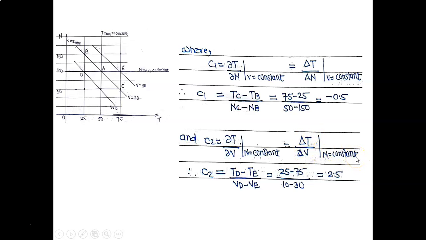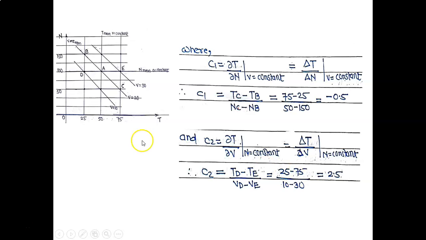Now what is the constant value of n? Constant value of n is nothing but this 100, line DE. Therefore this horizontal line is there, line DE. Along this line we will find out difference in torque and difference in voltage. Therefore C2 is equal to TD minus TE divided by VD minus VE, which